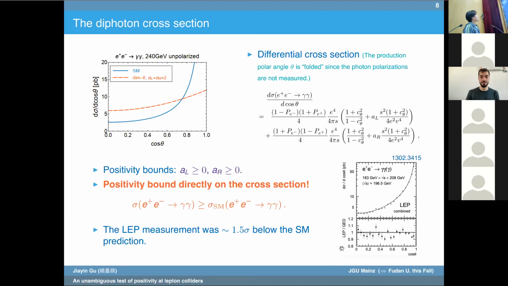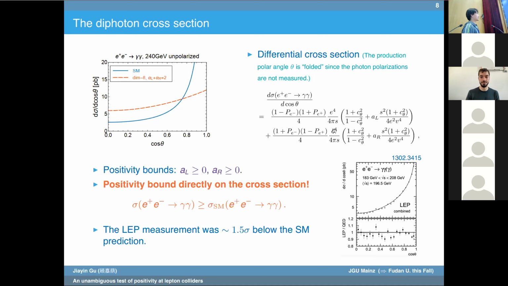So now we can look at the phenomenology. Here is the differential cross-section shown here, where this angle theta is the production polar angle, and this capital P here is the beam polarization for the electron and the positron. And here's the positivity bounds we have on the last page, and then we can just plug them in. Then it's quite transparent